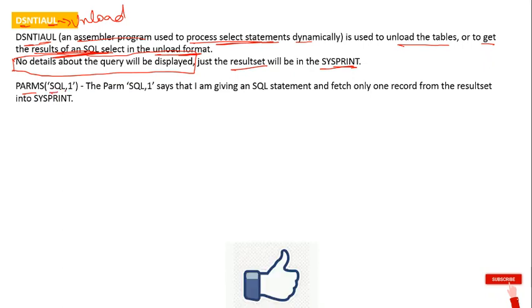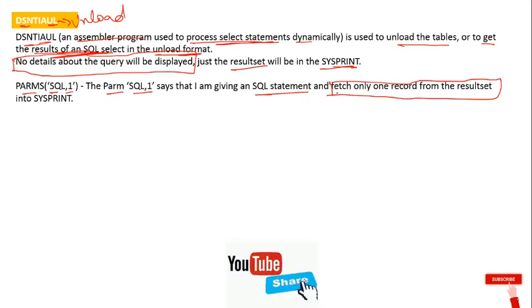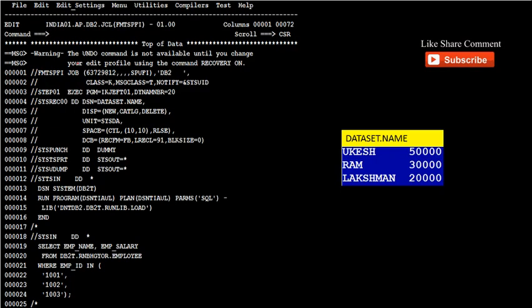PARMS SQL1 says that I am giving an SQL statement and fetching only one record from the result set. Here, we are using the IKJEFT01 utility to run our DSNTIAUL program.